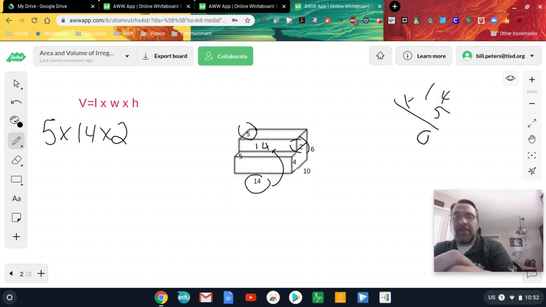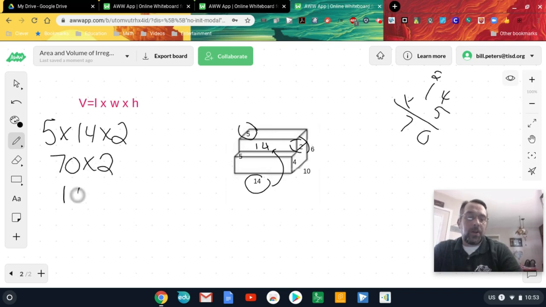14 times 5: 5 times 4 is 20. 5 times 1 is 5, plus 2 is 7. 70 times 2 is 140 cubic units. So shape A is 140 cubic units. Now, shape 2, or shape B,